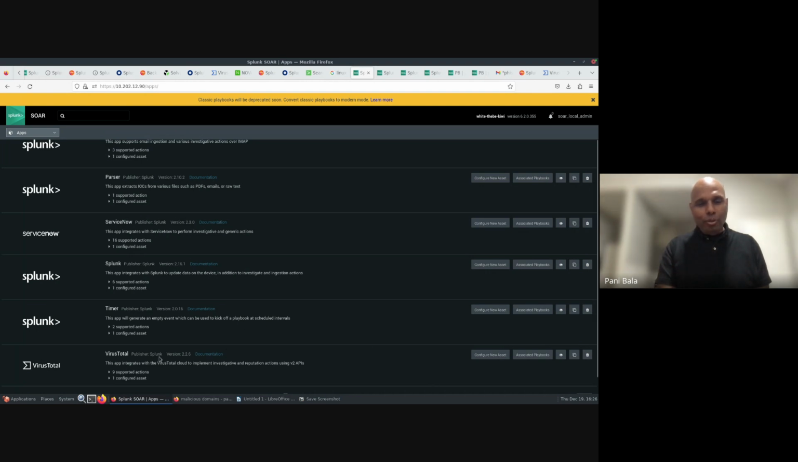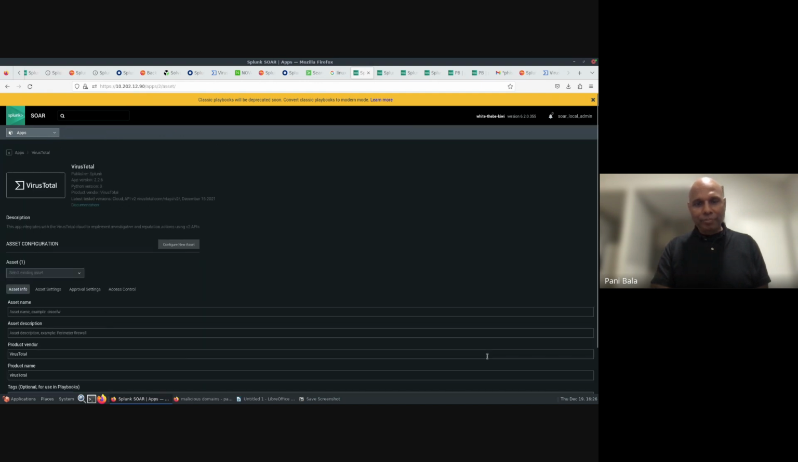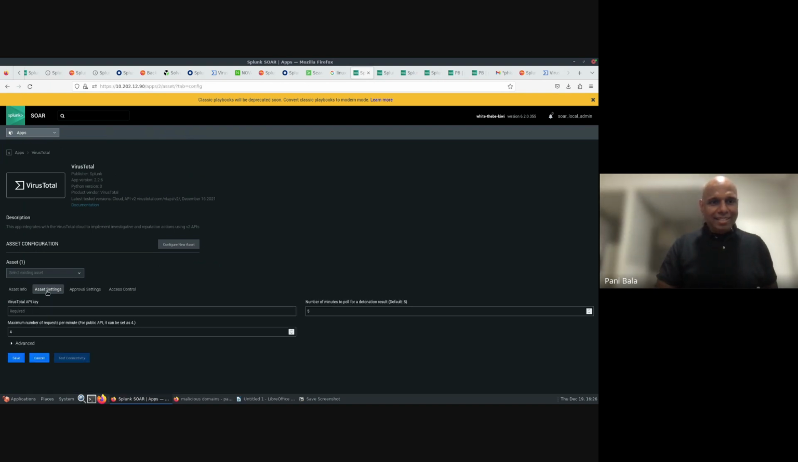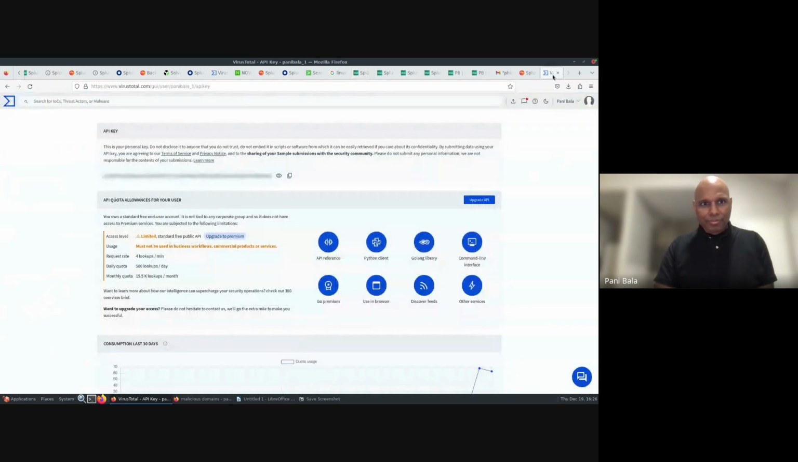For example, I want to use SOAR to connect to VirusTotal and get the connection made. So all we need to do is, on the right hand side, configure new asset. And here I can say demo test as the name of this asset. In the asset settings, all it will ask for is a VirusTotal API key. So I'm using a free VirusTotal product,